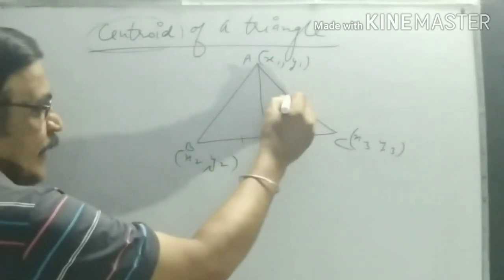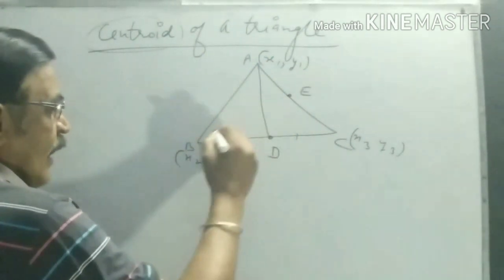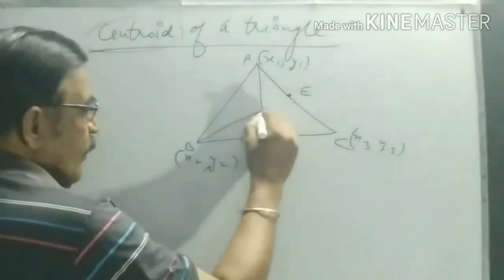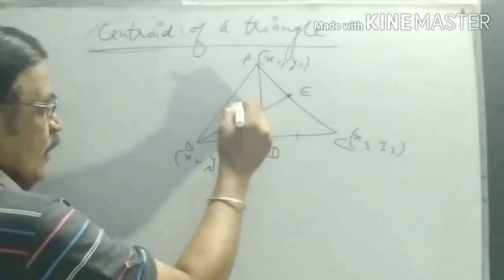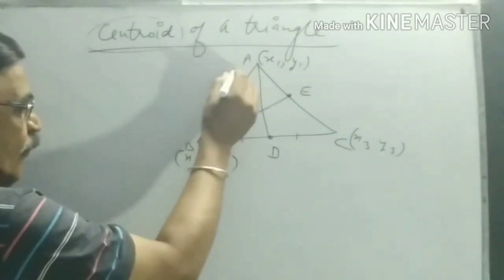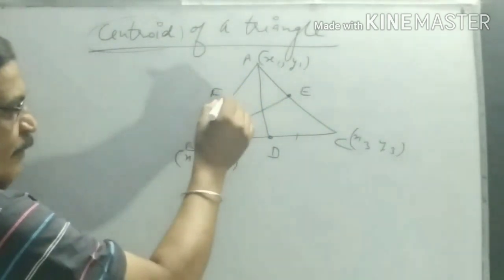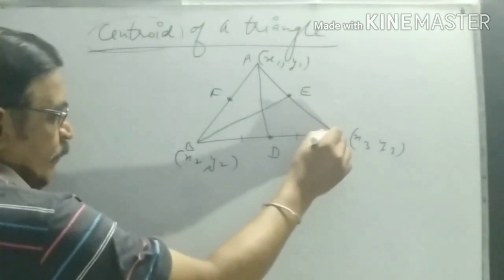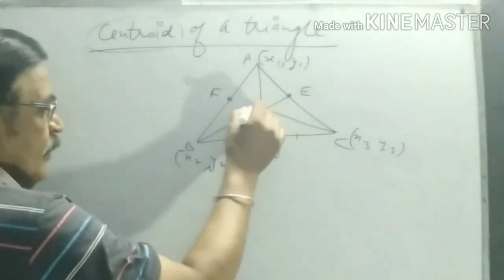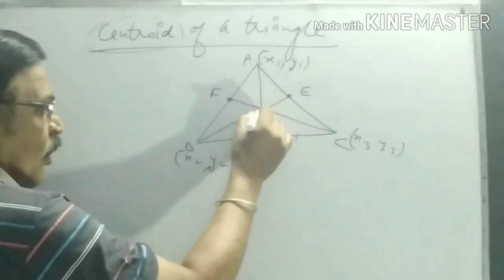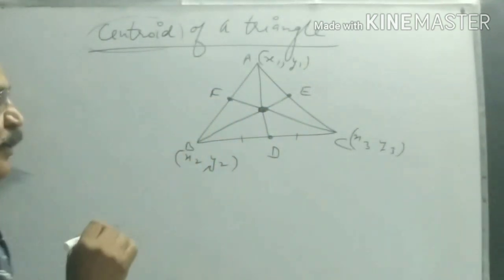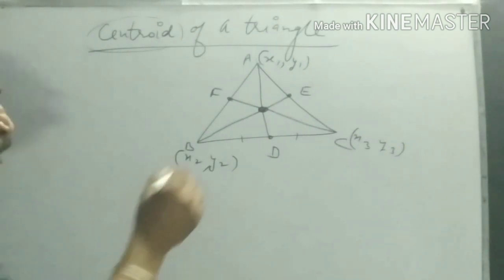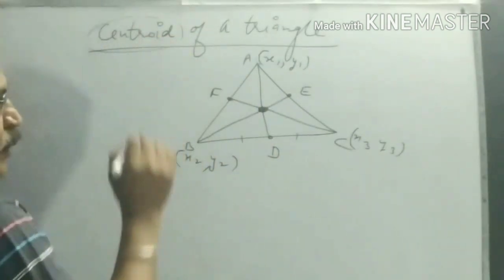Similarly, if we take a point E over here and we join it to B, it becomes BE. B is acting as a median. Similarly, we take midpoint of AB. Suppose this is F point and if we join C to F, what happens? All the medians pass through a point. This is the passing point of three medians. This point is known as centroid.